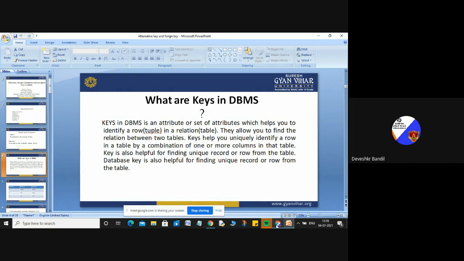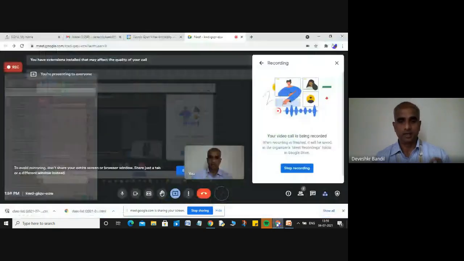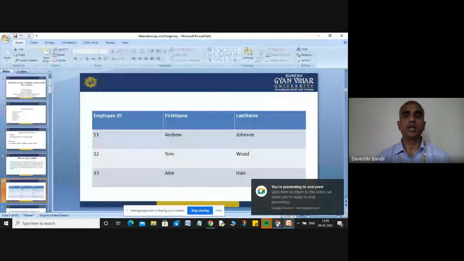Key is also useful for finding the unique record or row from the table. Database keys also help in finding the unique record or row from the table. And here you can see, as mentioned in this table, I had taken a table in which I had